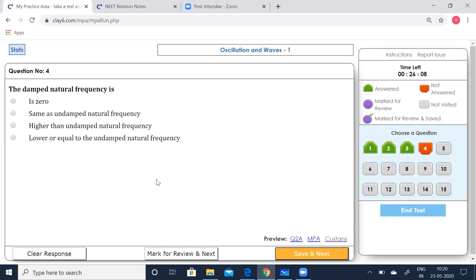Now, you know, for the roots of the quadratic equation, if the discriminant value is greater than 0, then you say the roots are real. And if the discriminant is lesser than 0, then you say you have complex roots. So here also, you can say the damped natural frequency is going to be lesser than that. In that case, it can take imaginary values, or it will be lowly damped. Okay, it will be lowly damped. And if it is critically damped, the roots will just coincide, and then you can have 0. So you can put it as 0.